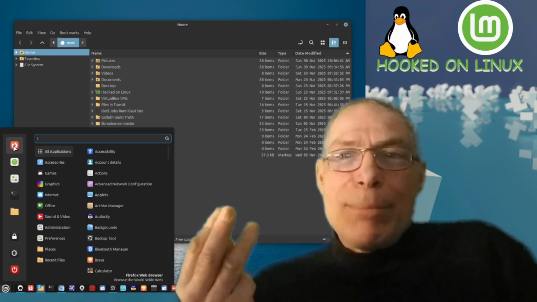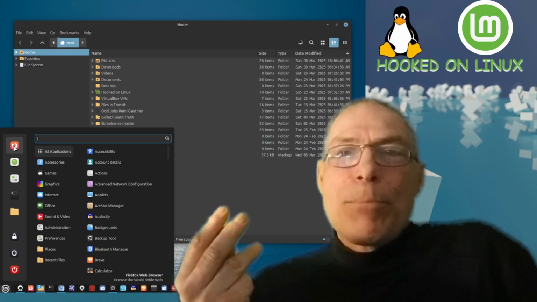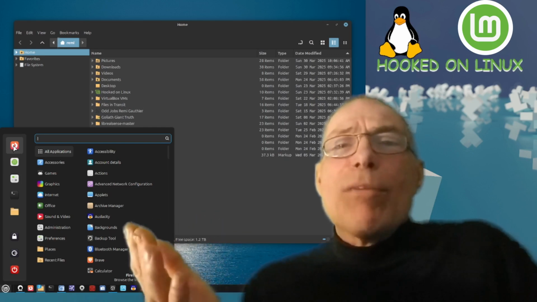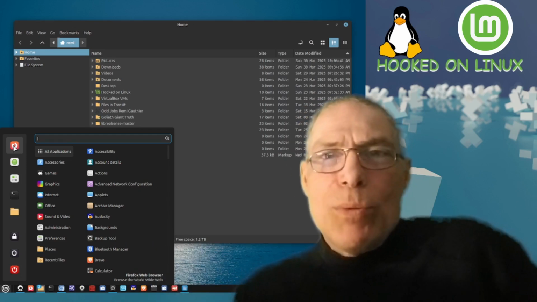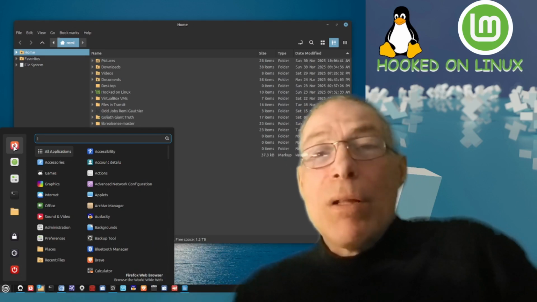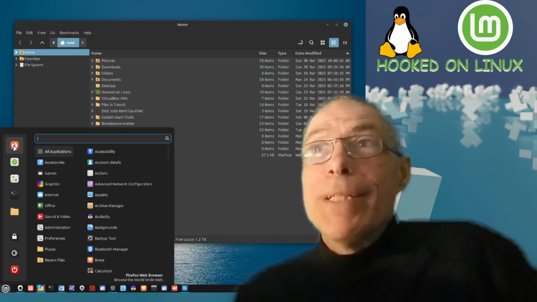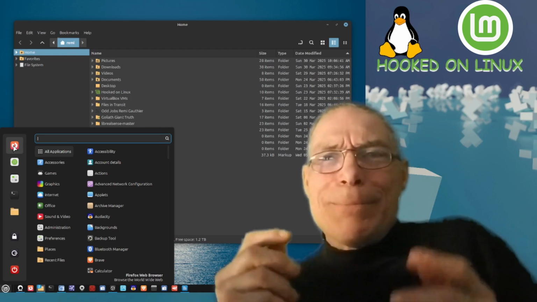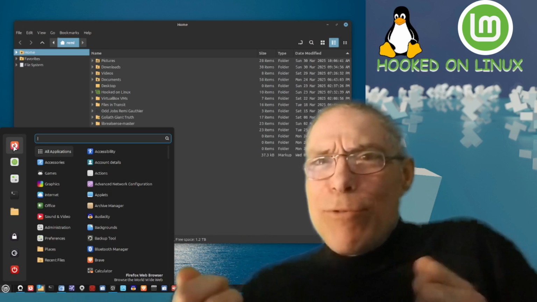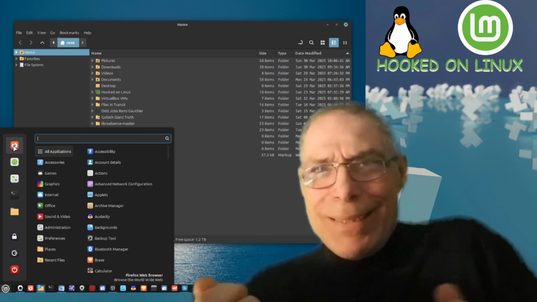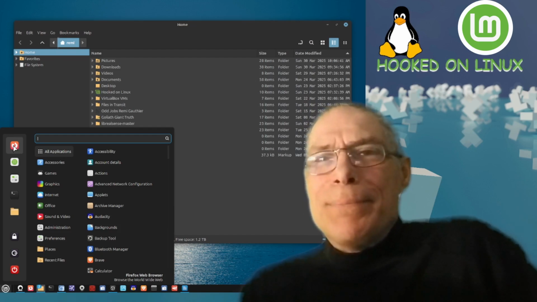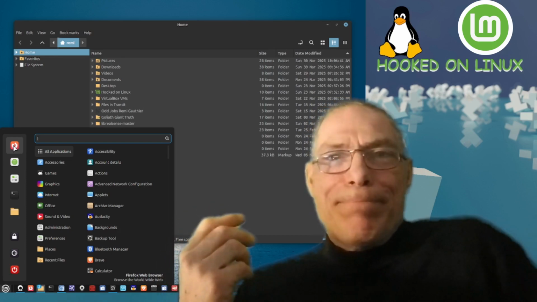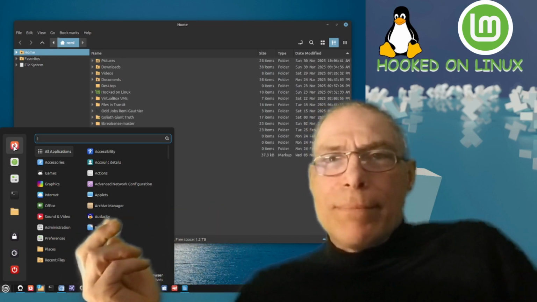And the third type of person is the person that doesn't want to pay for software, basically. Microsoft years ago, and there's all kinds of it. Adobe did it. Anyway, all these software companies that you have to pay for their service on a yearly basis, right? And so they migrate to Linux because it's all free and open software.